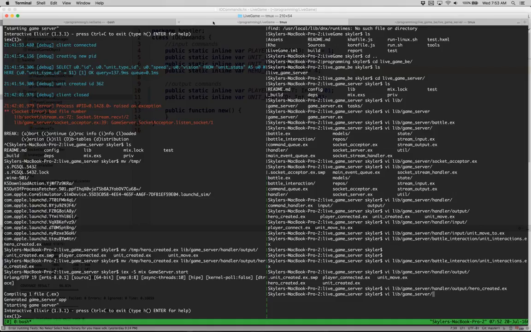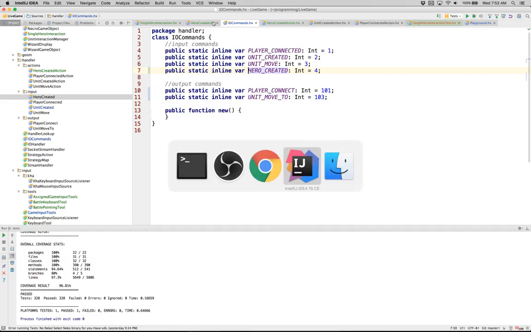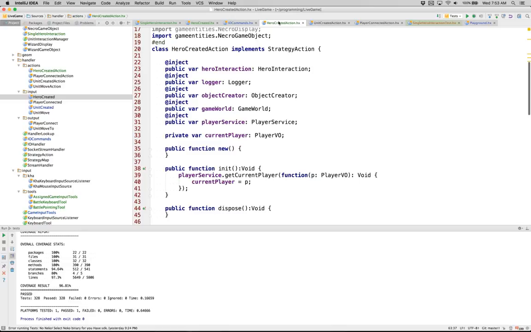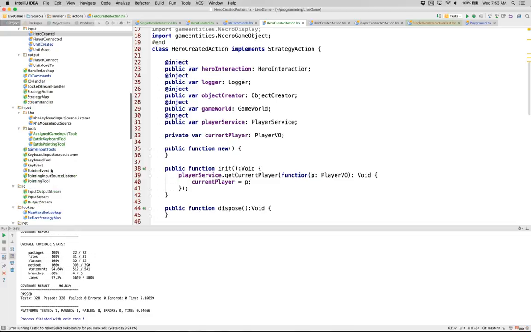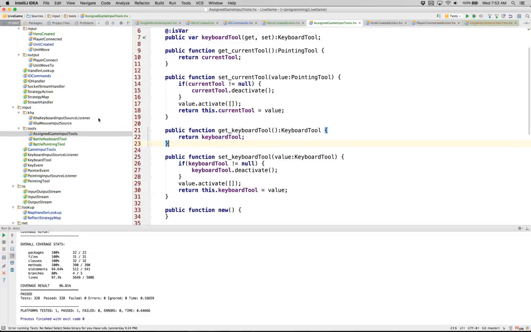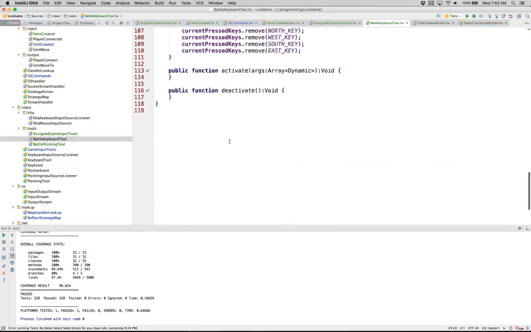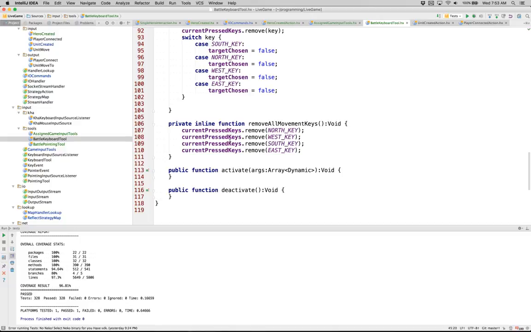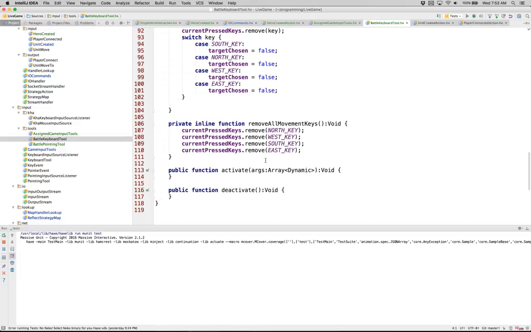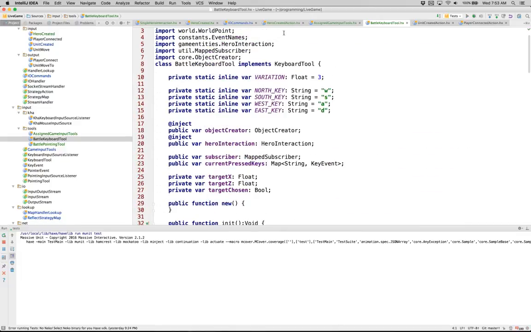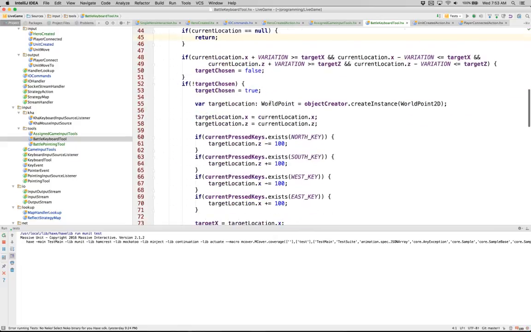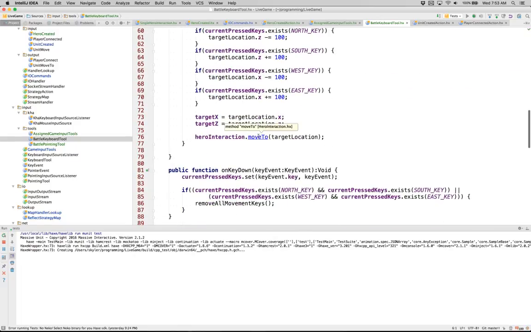So last night, I got excited and started working on our input tools. It's not that one, it's the Battle keyboard tool. I ended up finishing this off and writing tests for it. Our tests are passing. And then we pass it on to our interface that we created yesterday, which was the hero